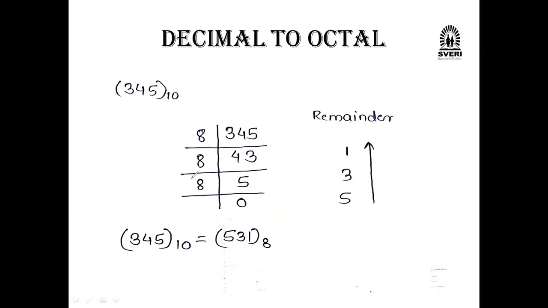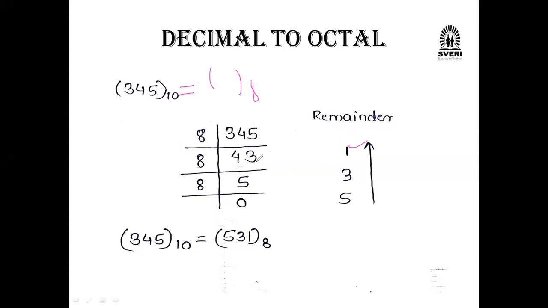सो अभी 8 से डिवाइड करने का. अभी 345, we have to convert into the octal number here now. Decimal to octal. So 345 we keep here. 8 into how much will give the nearer value to 345? 8 into 43 is nothing but 344 we are going to get. So remainder left here, 345 minus 344, 1. One we have kept here now.